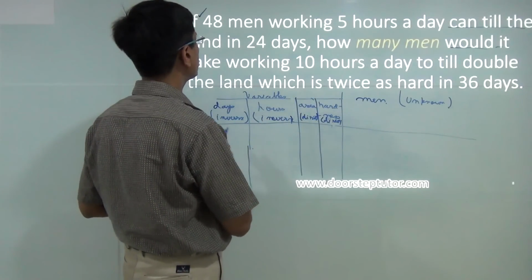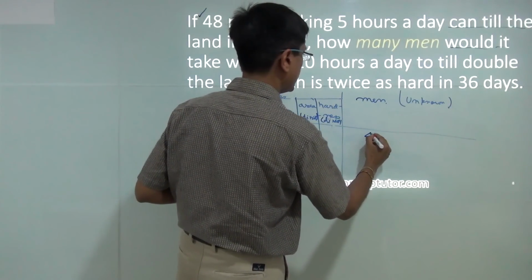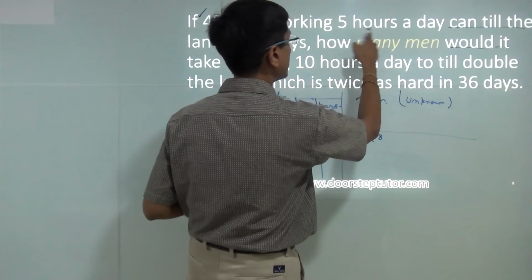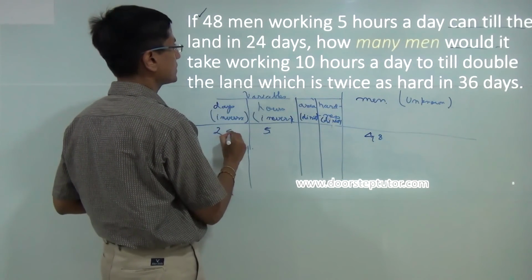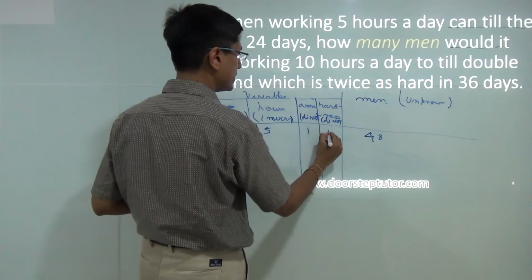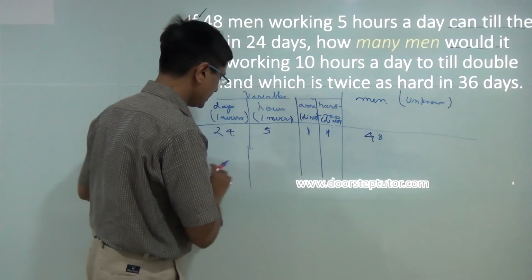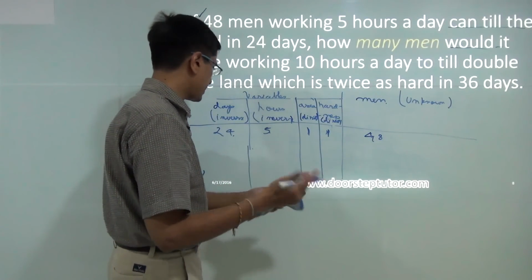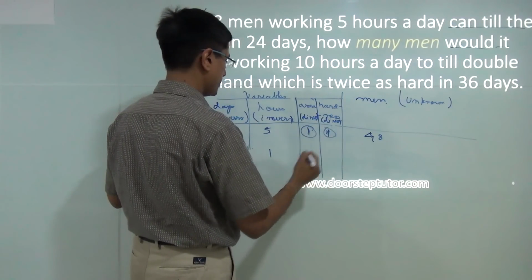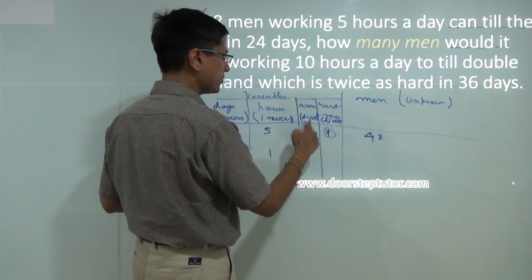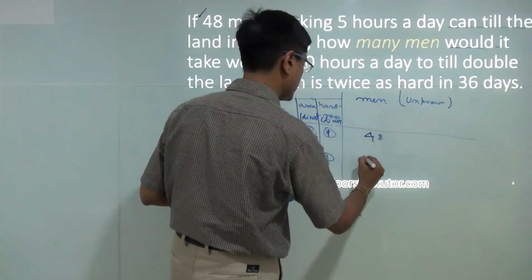Let's fill in the values very quickly. We will do this. So 48 men, 5 hours a day, 24 days, and this is 1 and 1 here. I'll just assume 1 because I am doubling it. In this last row, I would just double it. Very simple. This is my 1 1 row. This is of course 1 1. This is circle because this is direct, and then 1. This remains 1 and 1, so no change.